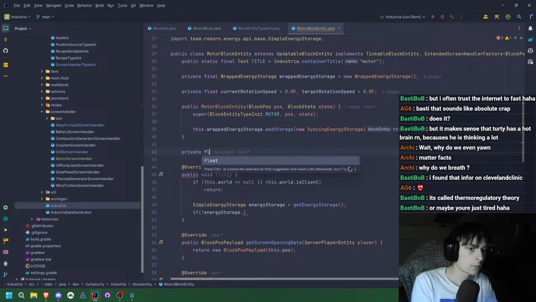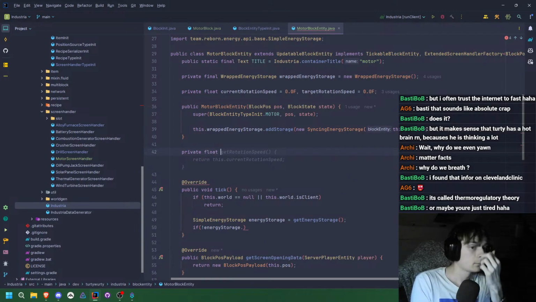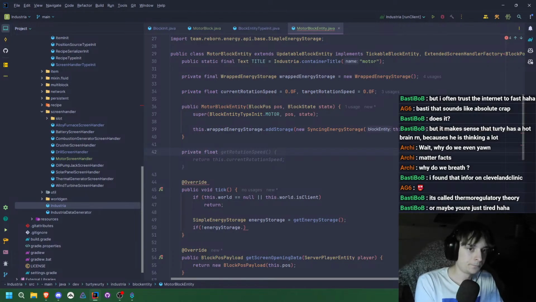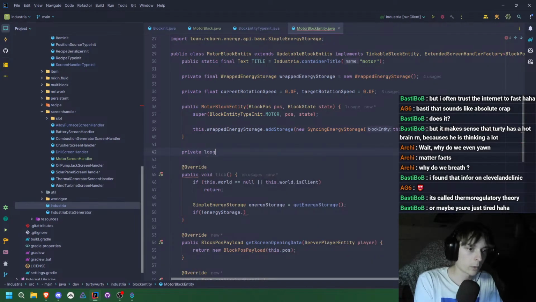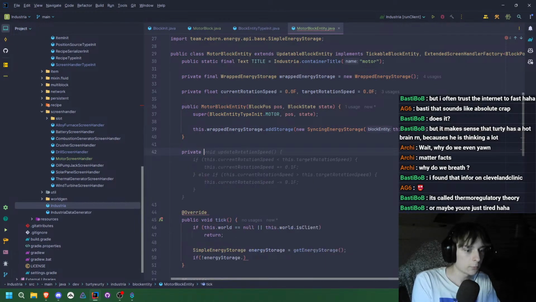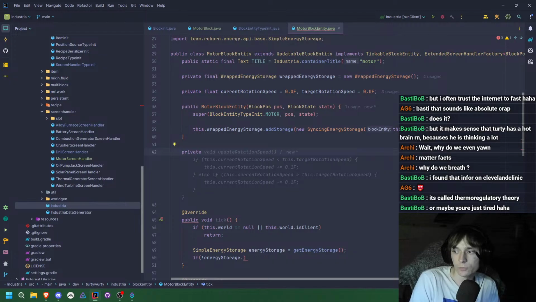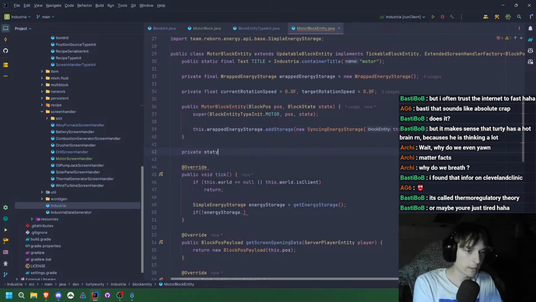private float, or private, we'll do a private long actually. Or no, I'm trying to think, do we want to determine how much energy we're going to use, or do we just want to determine how much rotation speed we're going to set it to? Okay, let's do this. Let's say long. We can actually make this static, sure. And we'll say get